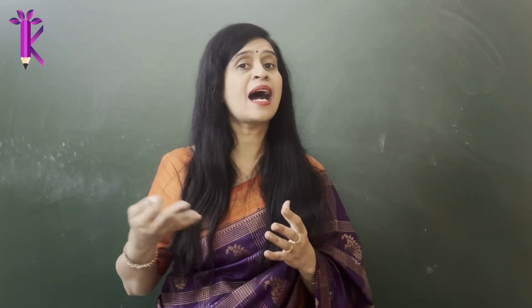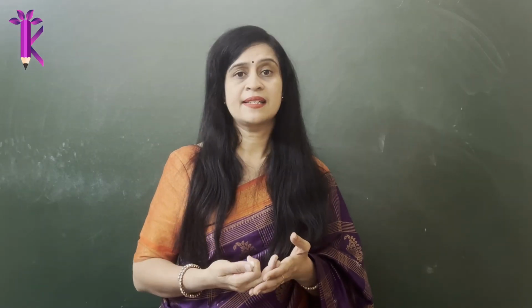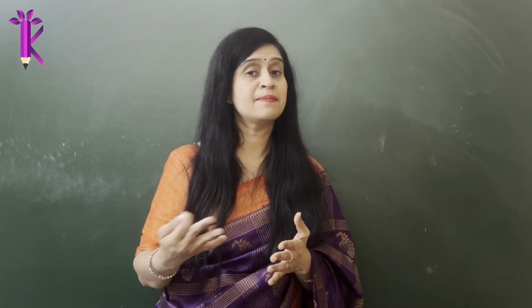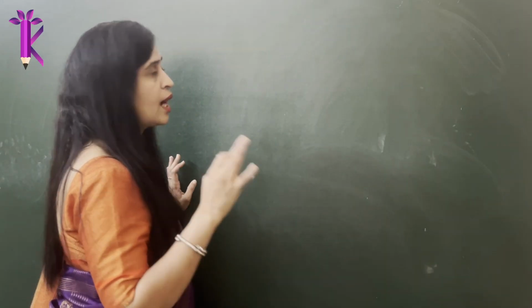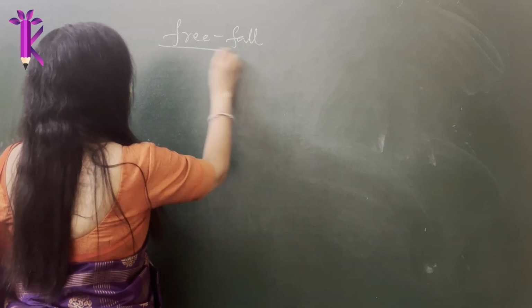This simplifies our numericals. Otherwise we will have to take into account the air resistance as well for all practical reasons, but we assume it to be negligible so that our numericals become simple. Otherwise we will be simply complicating them. That is an ideal case that can happen. So now, when do you say an object is under free fall, right? Free fall is falling under the influence of gravity.